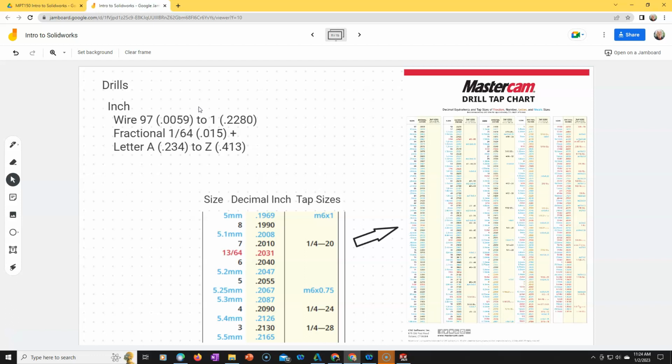So when we look at the drills for the inch, then we're talking about wire drills, number 97, the really small ones over here at 0.0059 or just under 6 thousandths, to number 1, and number 1 is 228 thousandths. Fractionals by 1/64 go from 15 thousandths,